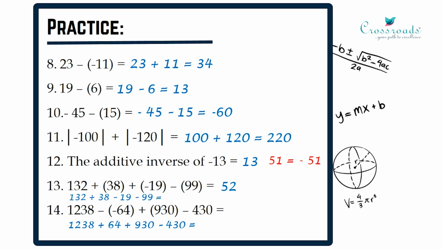Here we can do in two ways. One, add all the first three integers together and then subtract the fourth integer. Or else I can first add the first two integers, get my sum, for that sum add the third integer 930. Then from that resultant I can minus 430. However I do, I will finally arrive at an answer 1802. So this is how addition and subtraction sums will be done.